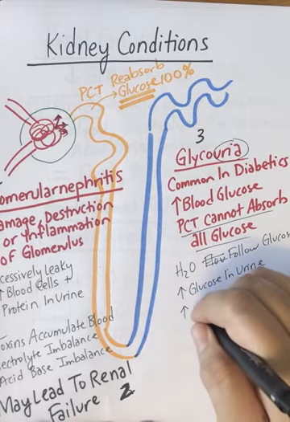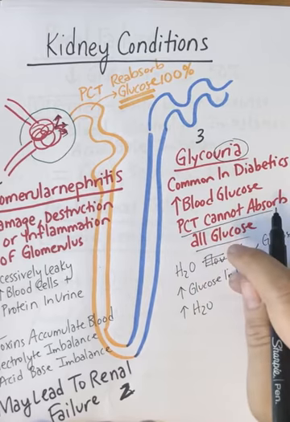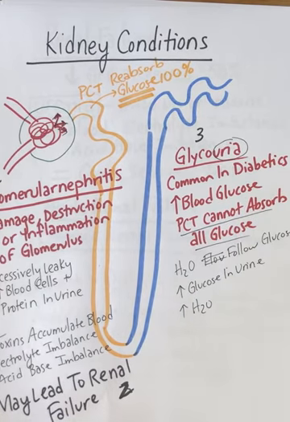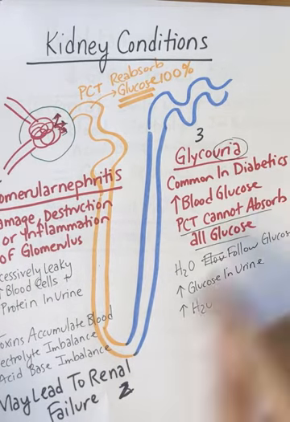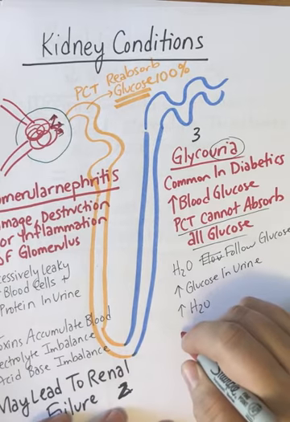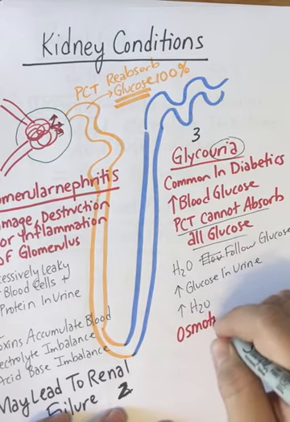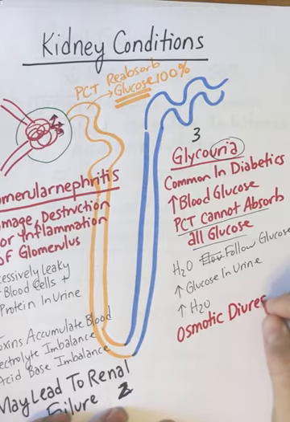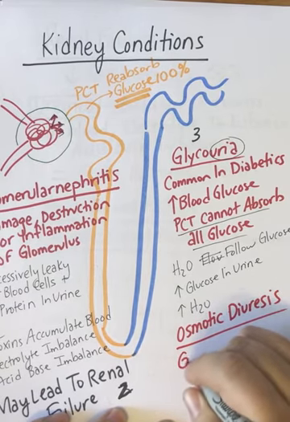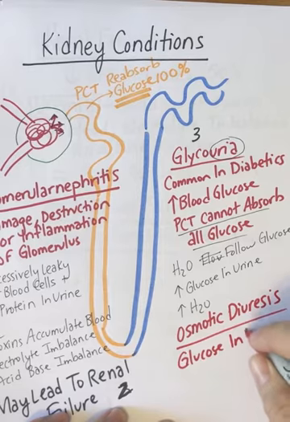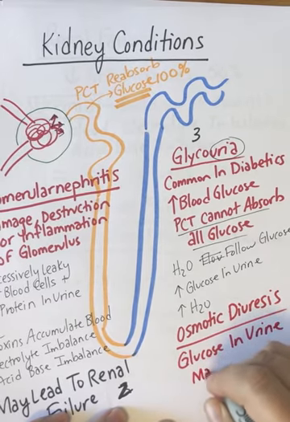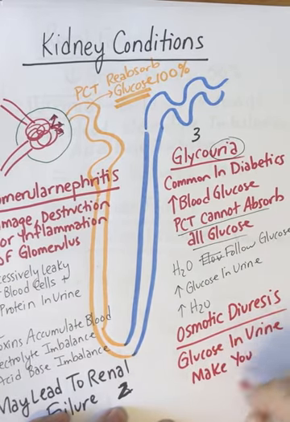Well, you have increased water that's going to follow your glucose, and when you say glucosuria, this is going to cause something called osmotic diuresis. The glucose is causing you to pee an excessive amount. So that's why it's very common for diabetic people to urinate a lot. Osmotic diuresis. Glucose in urine makes you pee excessively,